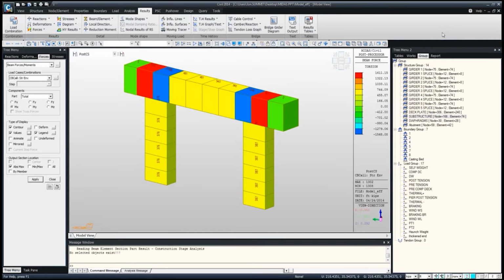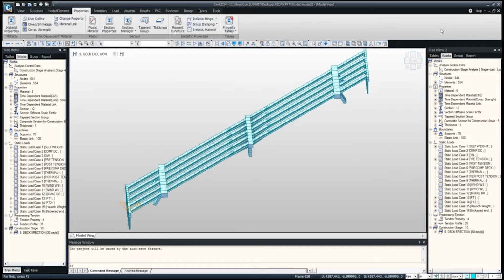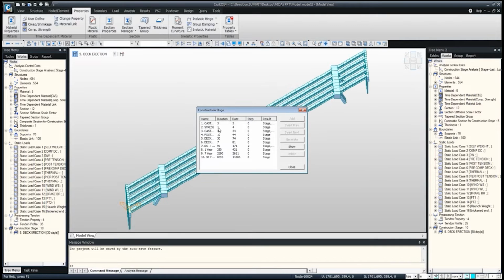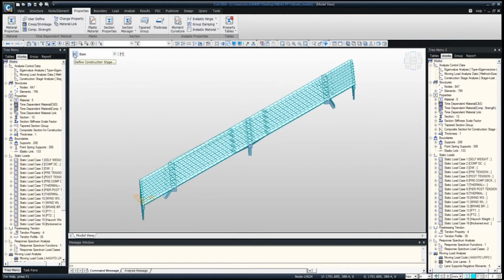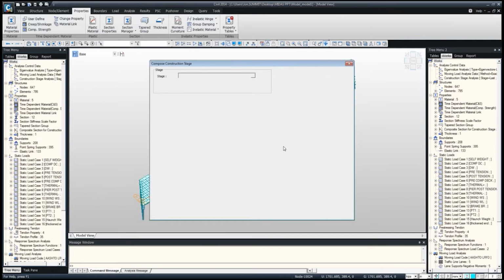Okay, the next thing I like to do here, I'm going to pause this and get my model back. I'd like to just go through all the construction stage analysis, and we need to be in the base stage in case we want to make any changes. We'll open this back up